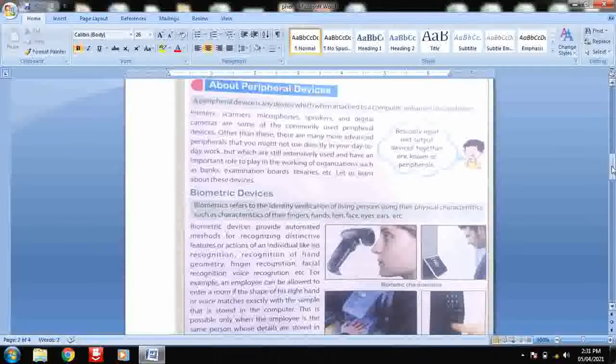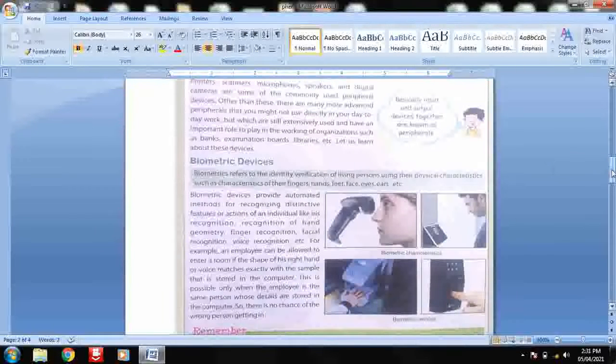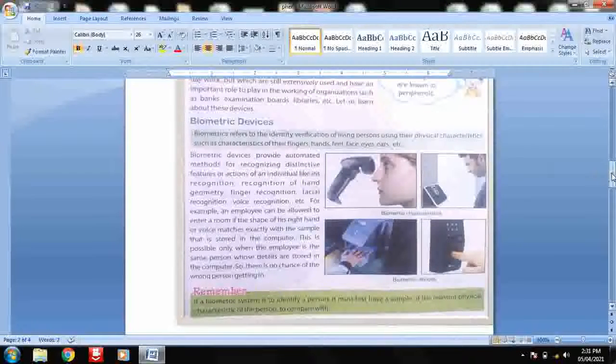Employees are allowed to enter the room when they are verified by the device. So this is used for safety and security. The wrong person will not be allowed to get in, because the machine will not allow it; the data of the person is already stored in the device. So it will verify, and if it is matching, they will get entry or they will attend. Otherwise there will not be any permission.